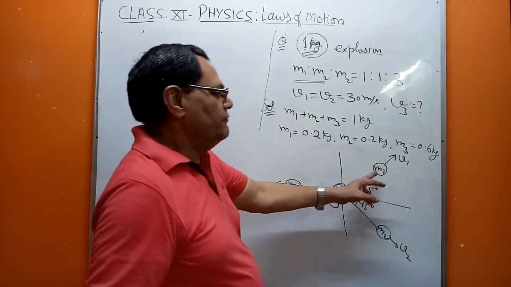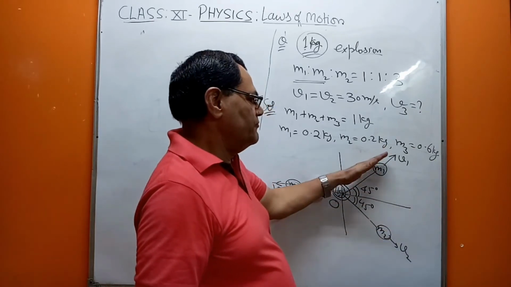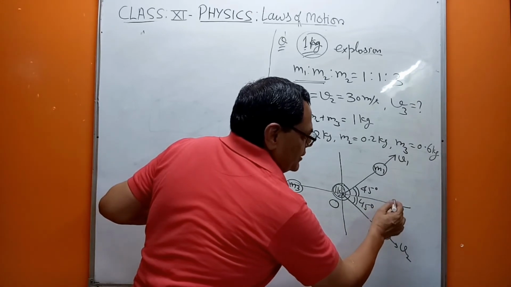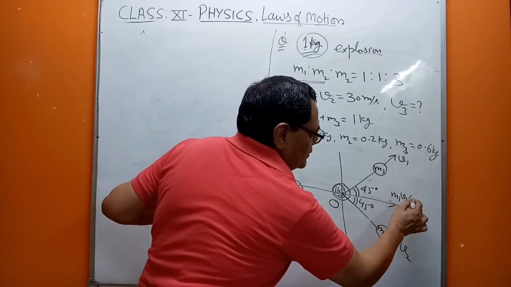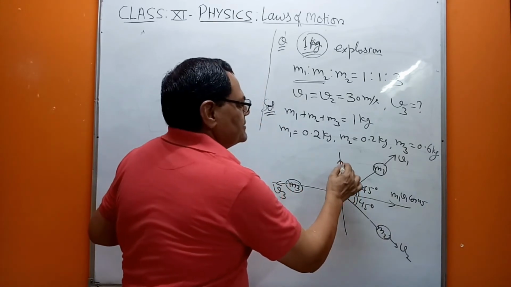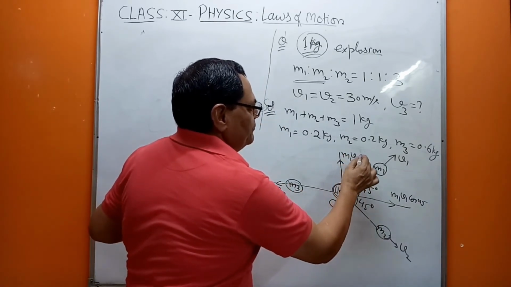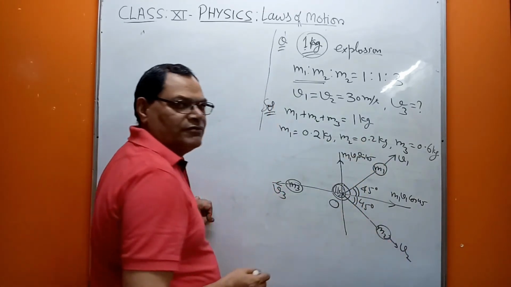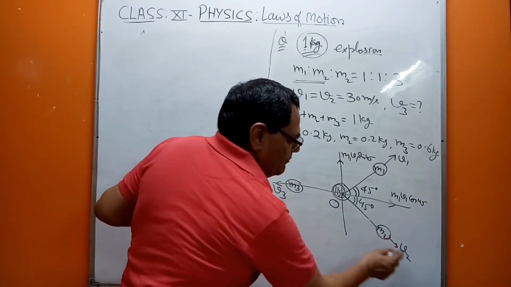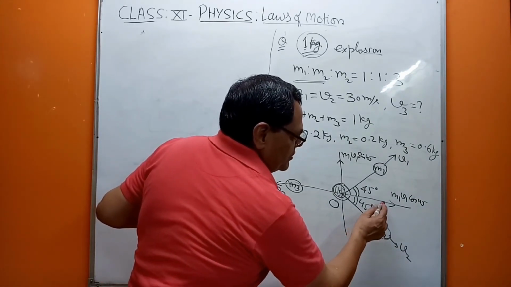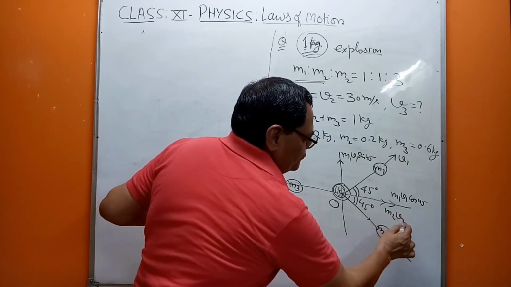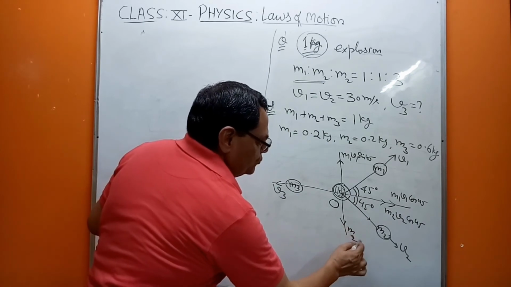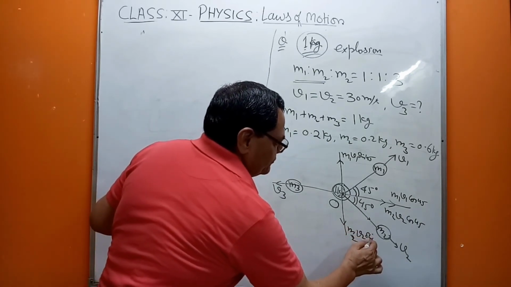As you know, m1 v1 is the momentum, a vector quantity. The angle is given, so you can resolve this. This side you will get m1 v1 cos 45, and this side you will get m1 v1 sin 45. Similarly, you can resolve the momentum of the second fragment, m2 v2. The moment you resolve it, you will get m2 v2 cos 45 this side, and of course m2 v2 sin 45 this side.